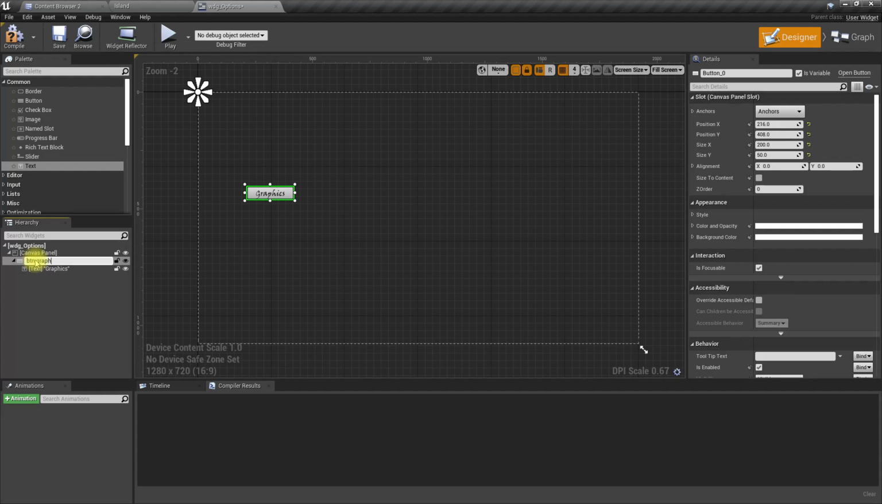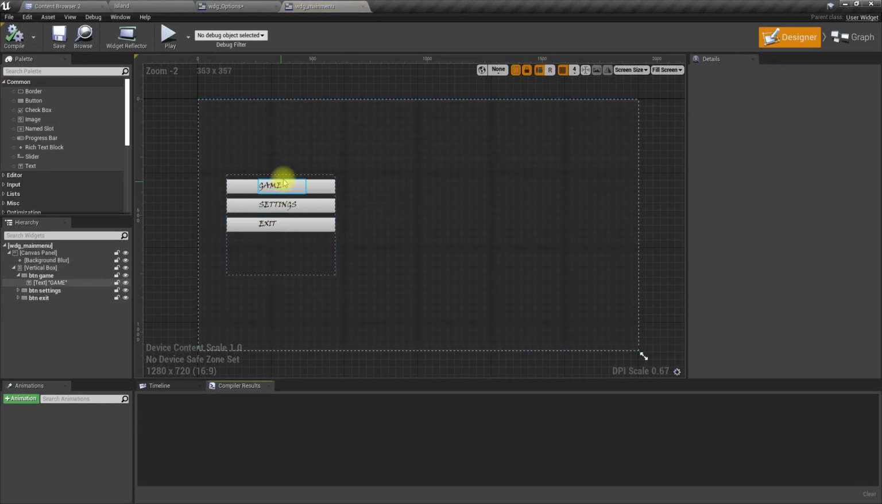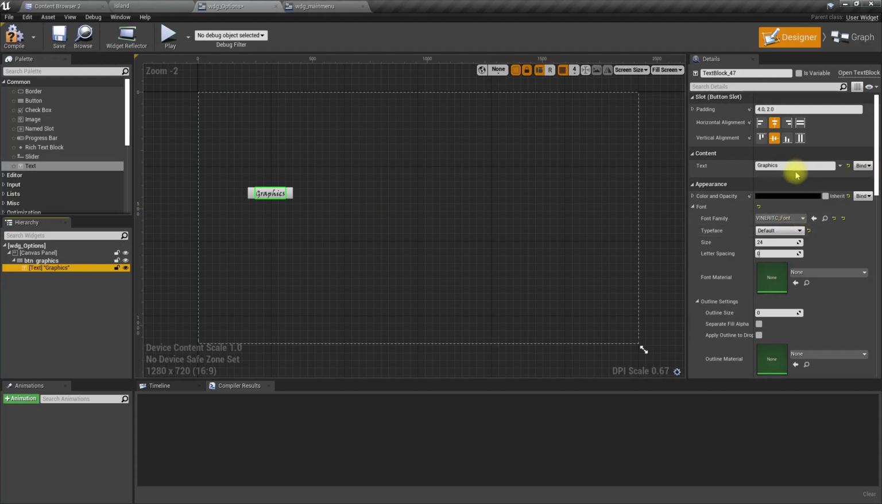BTN graphics. Okay, should we use all capital? Let's see, did we use all capital for other options? Yeah, here also. Then let's use all capital. Graphics. Okay,